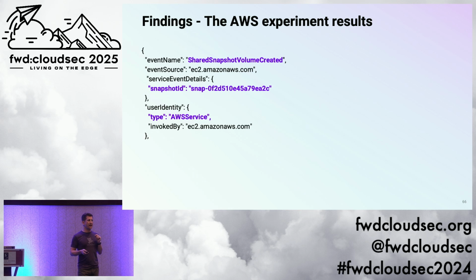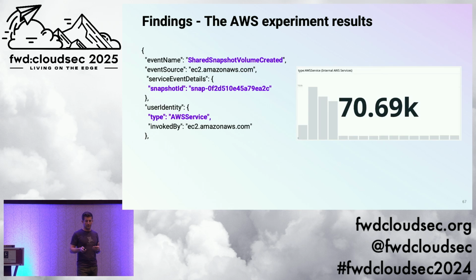But how are we going to find things in AWS vulnerability disclosure program that are in scope that are vulnerable? We looked for shared snapshot volume created events. This is what you see on the AMI, the account that's serving the AMI. And whenever the type is AWS service, that means it's an AWS backend service that's doing something either on your behalf or something internally. So all we had to do was look for these events, and if we had anything that matched this criteria, we could submit it and tell the vulnerability disclosure team that we found something. And we found that 70,000 times, this event was seen in our logs 70,000 times.